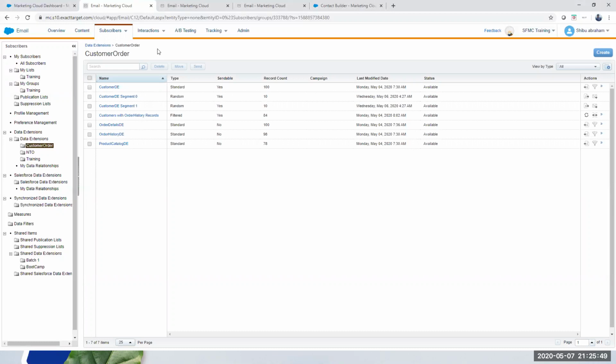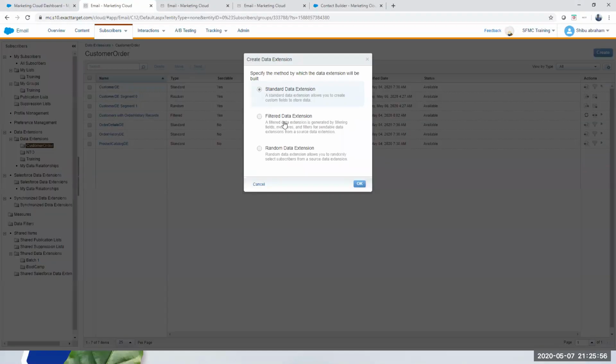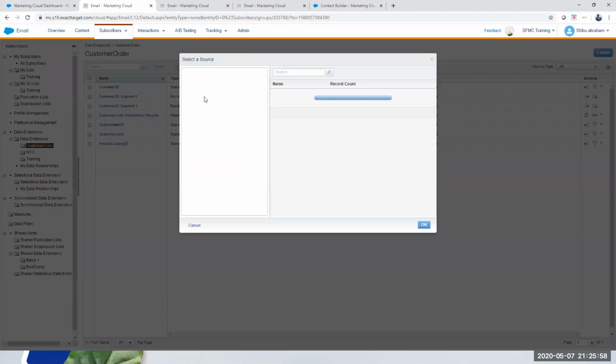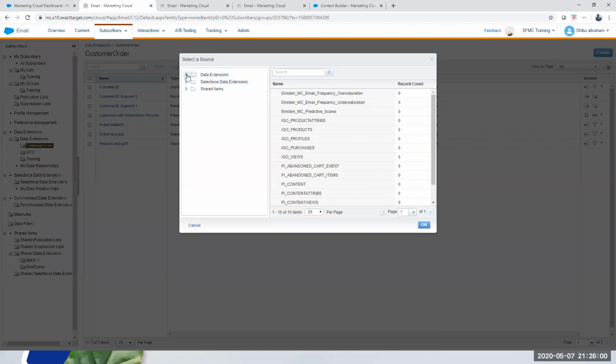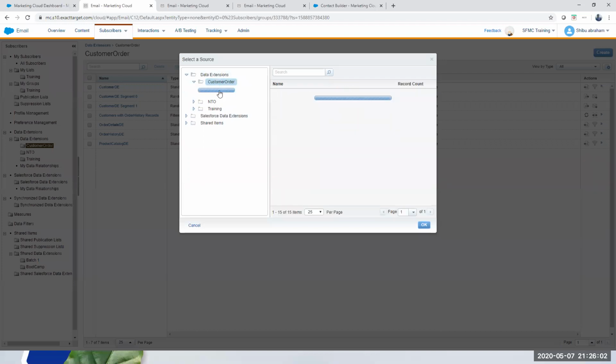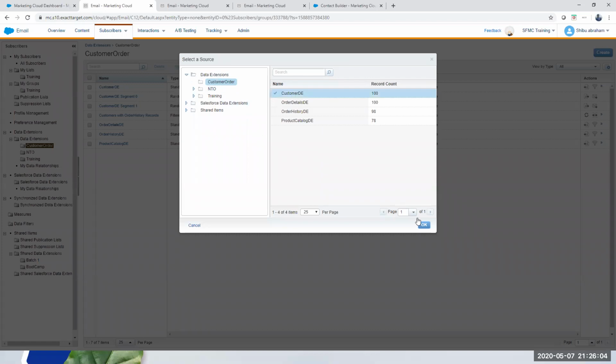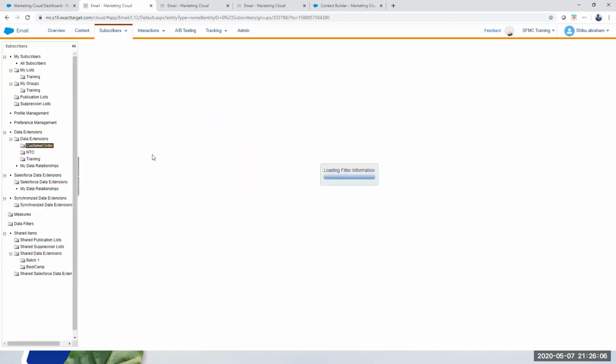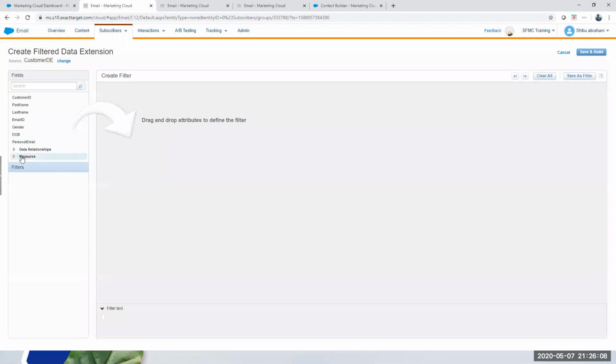That is something that I missed to show as well. There is something called measures. Let me open the filter here. So filter data extension, it's also in the list as well. If I go to customer here, you will see measures. These are system built measures.